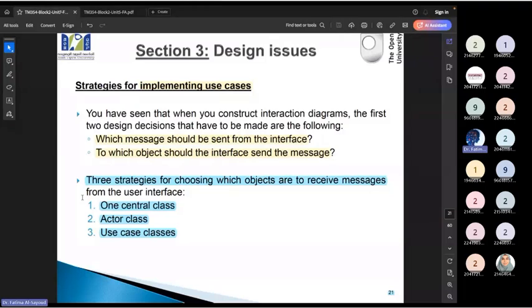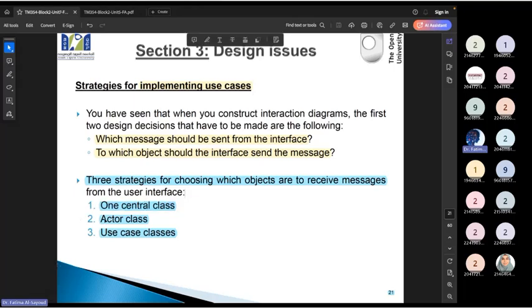So we're going to decide that in this system we have a main class, such as a hotel, a system, or a university. One class that we decide is the main class. Any object from this class will receive all the initial messages. In other words, we determine a certain class as the main class, we create an object from it, and the first message sent from the interface will always go to this class. So this is the first technique.